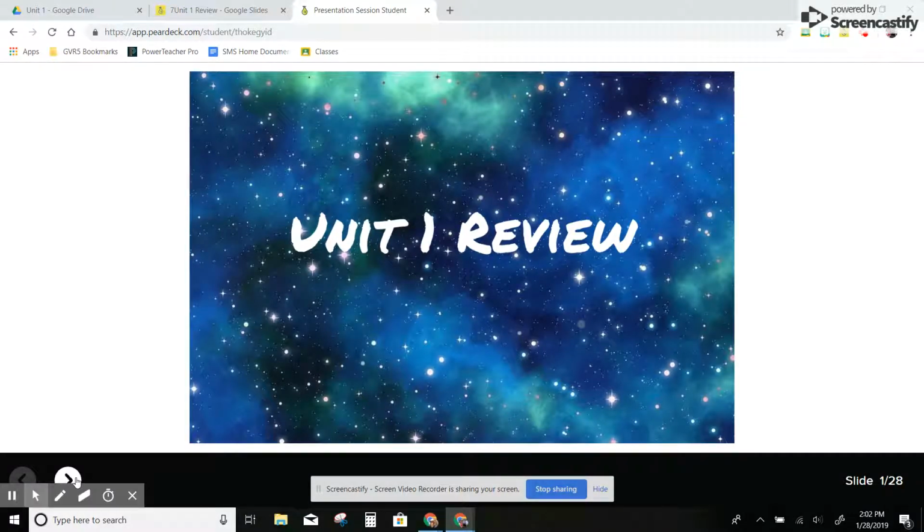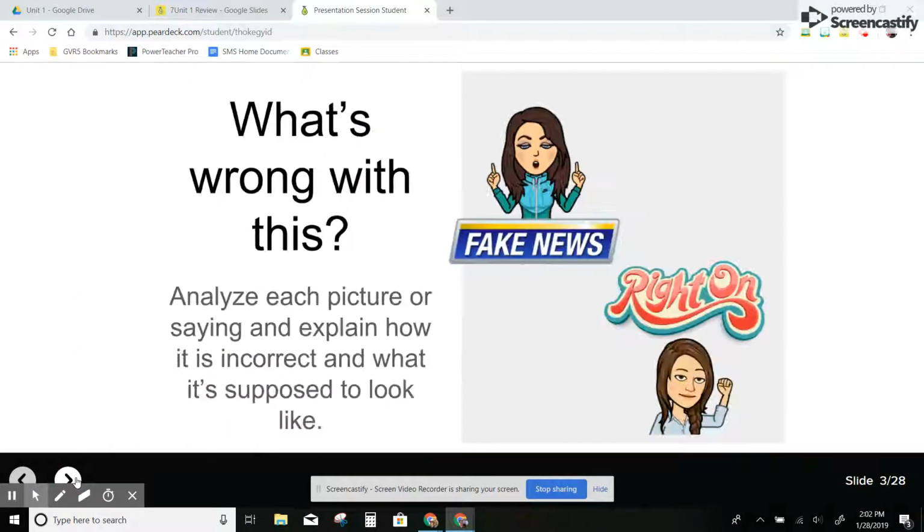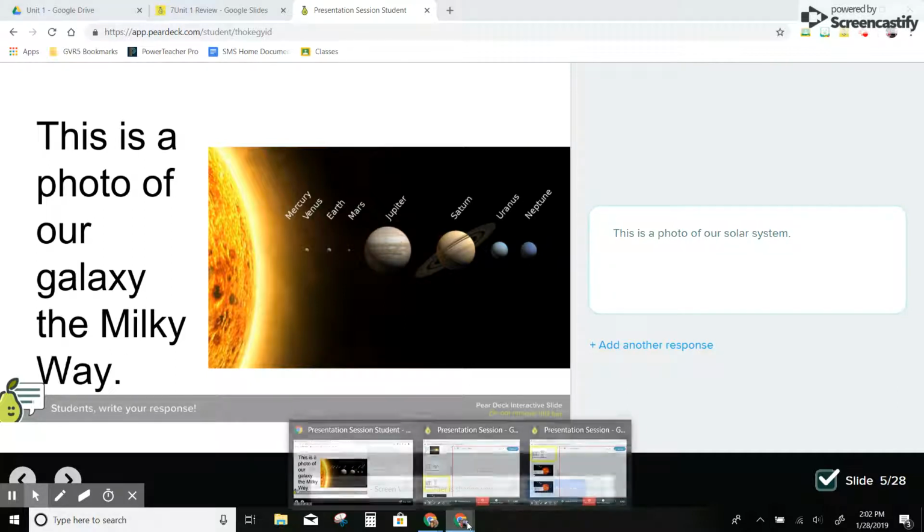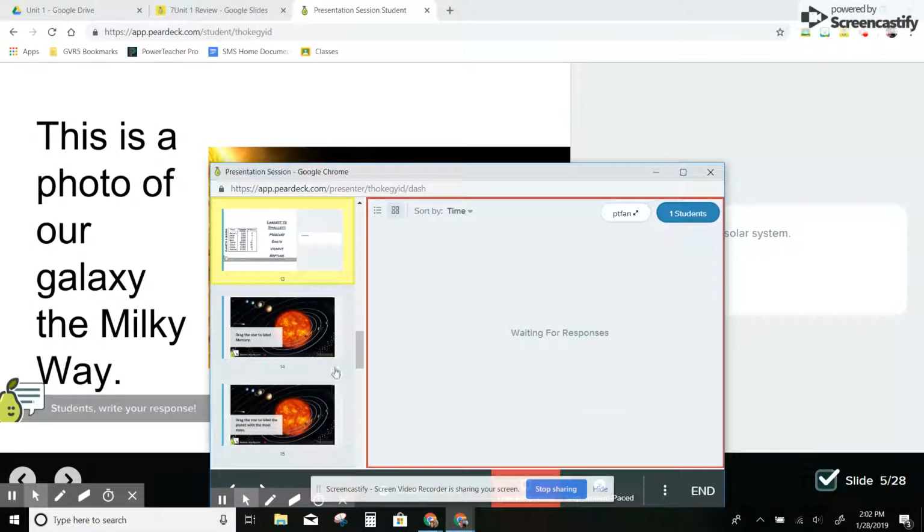Since it's on student paced, I can just go along and do what I want. I can answer the questions here. This is a photo of our galaxy, the Milky Way. This is a photo of our solar system. So they are finding the incorrect mistakes here and correcting them here. Now if I go to the dashboard and I go to this question,